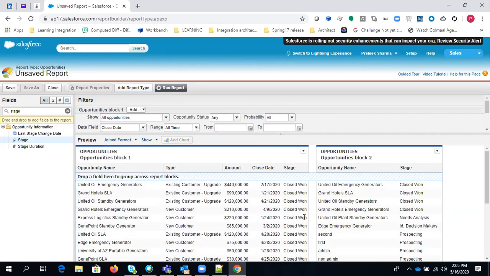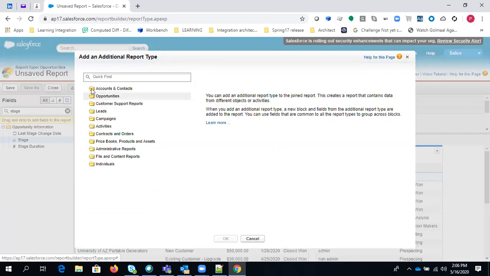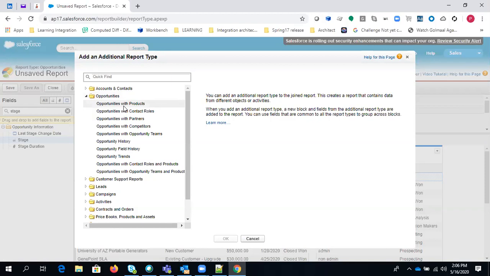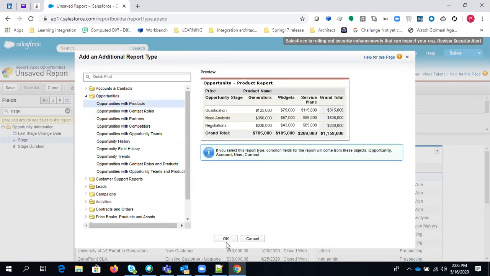A joint report can give you multiple block information in a single report. So in a single report you can create a maximum of 5 blocks, and in all these 5 blocks you can customize it as a single report, right? So this is how you can create it. And report types you can simply add. So let's say if you want opportunity with contact, you can add opportunity with product or anything you can add as well, right?